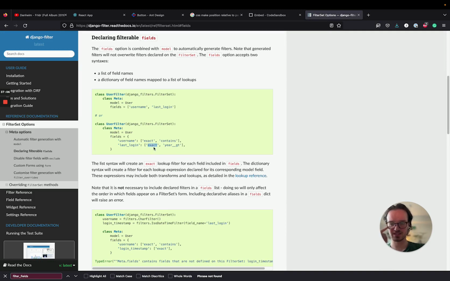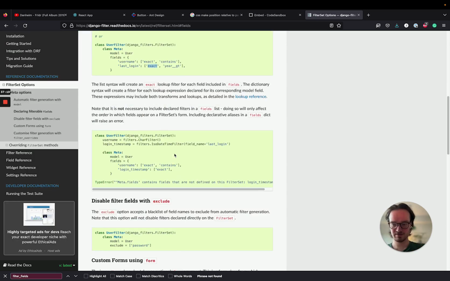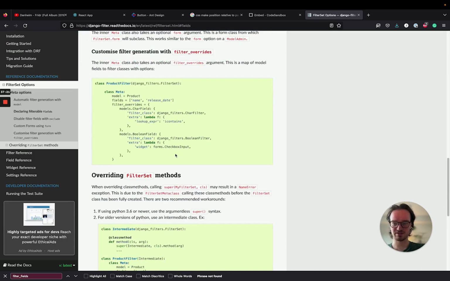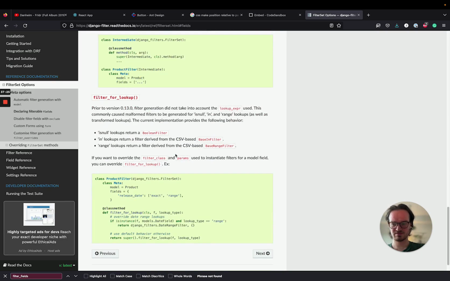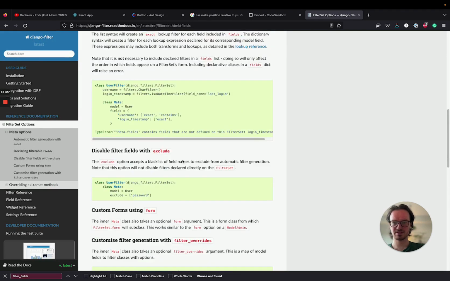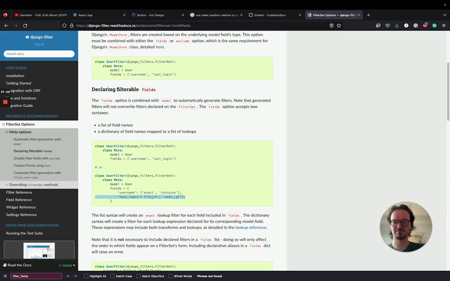Okay, exact, contains. So we're already getting some ideas here. Does that show an example of the URL? It does not. We'll have to test this, but